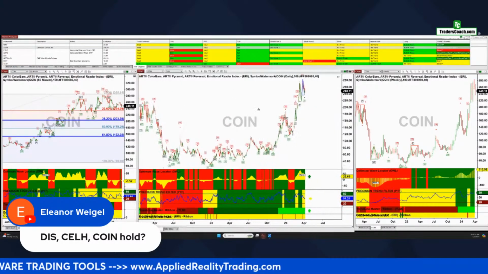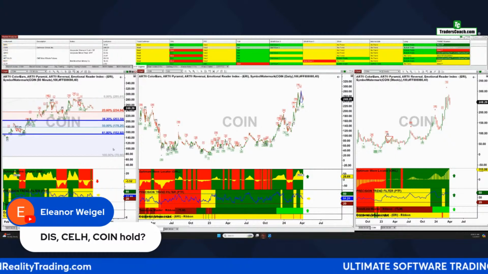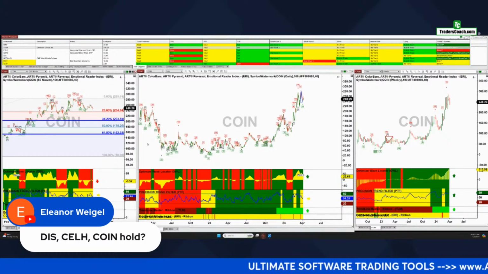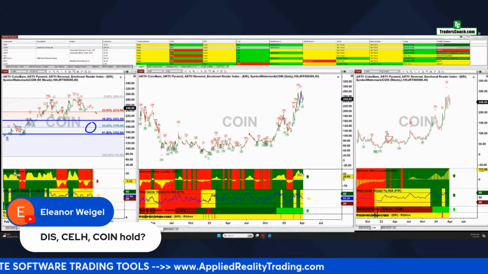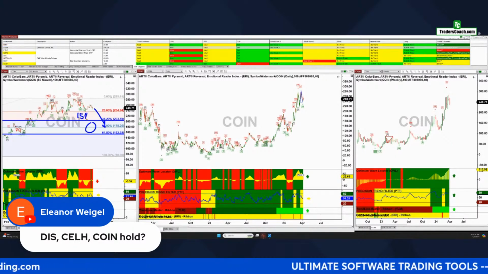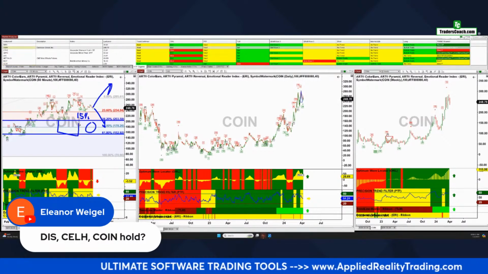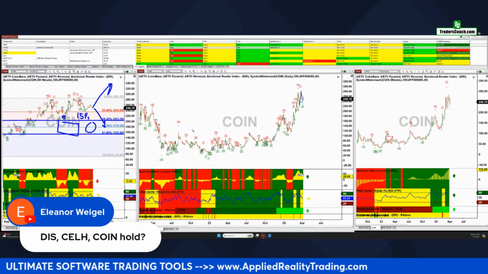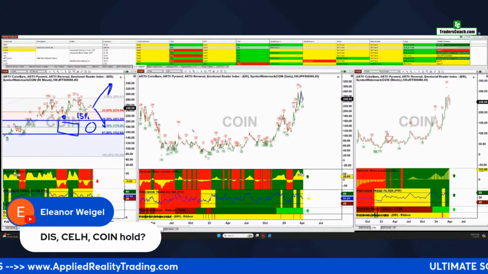Okay, crypto. And like I said, I think cryptos are in a very crucial time right now. In coin, we're expecting to have a move down into this target zone. We haven't quite hit it yet, but I would not say it's out of the realm of possibilities. It's either going to dip down, or we hit the 15% retracement already and we could go up. So when they don't go into the target zone here, you have to be suspect, because only 15% of the time do they make another high.